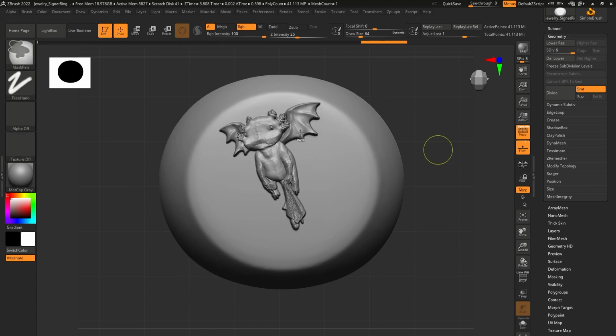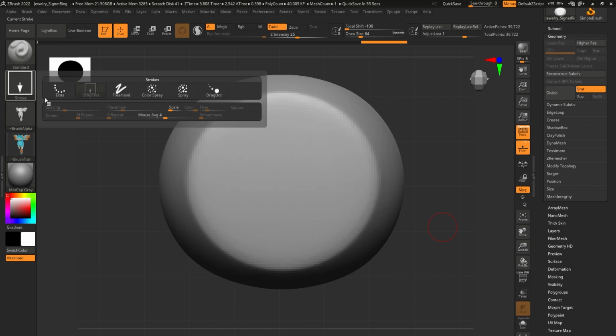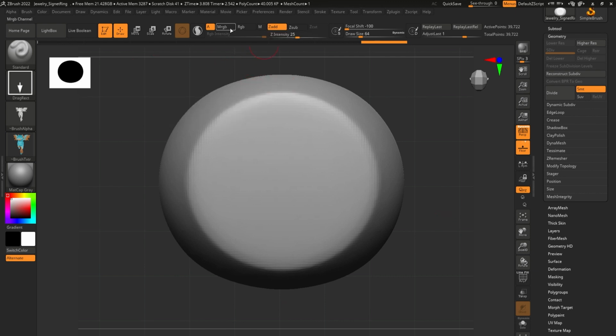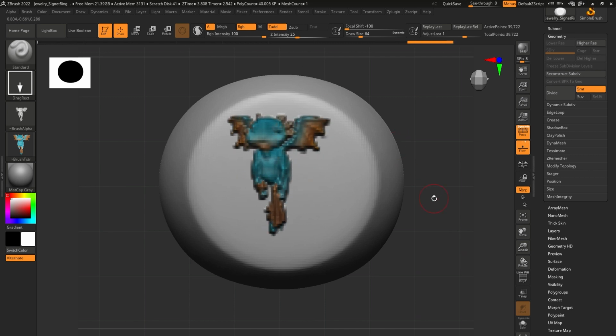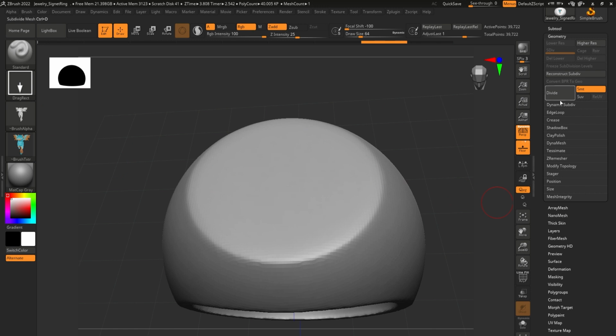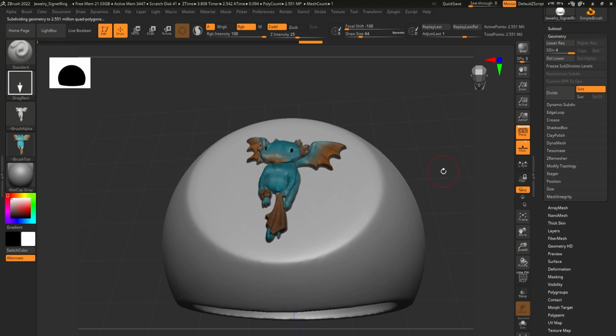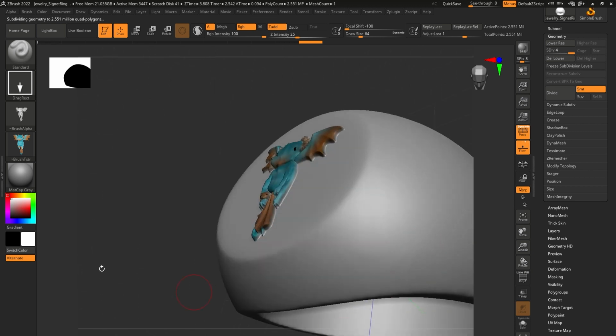okay, you can see that. Let's turn this off. Okay, turn on the RGB, and you can see it is applying it with the help of the colors and everything. Let's see how much it is subdivided. Divide it a little bit more. Now let's try it. Now you can see with the help of the colors, you can have a very nice